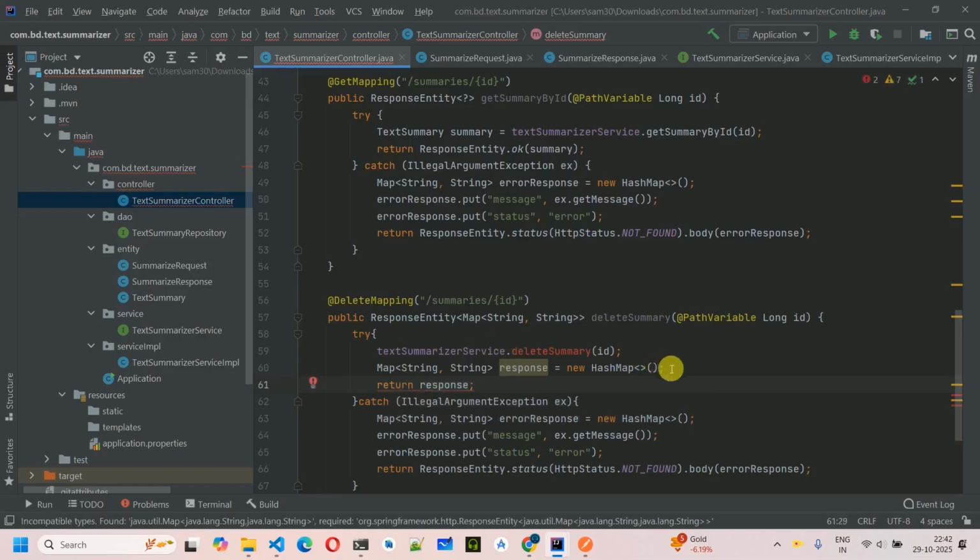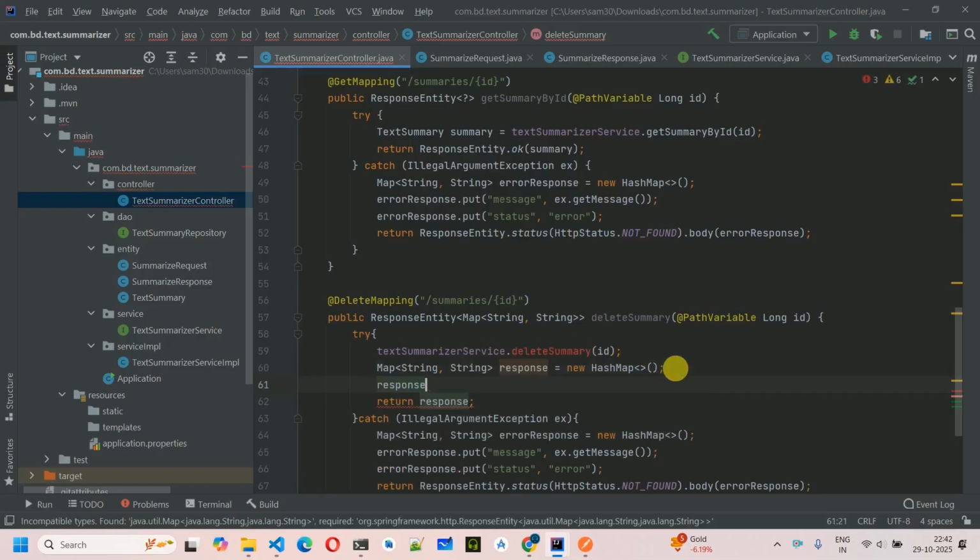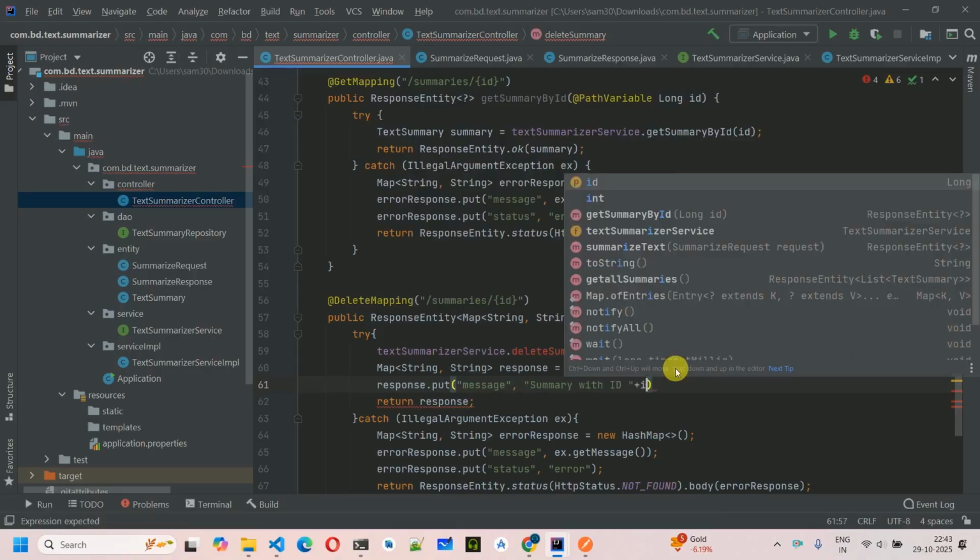And in the response we will put response dot put message, summary with ID plus whatever the ID we are going to pass